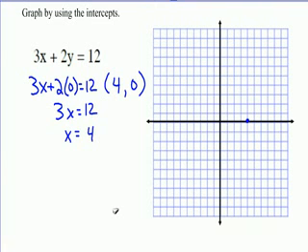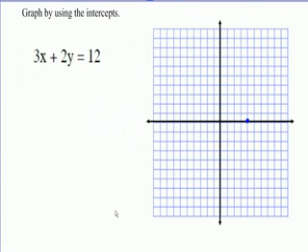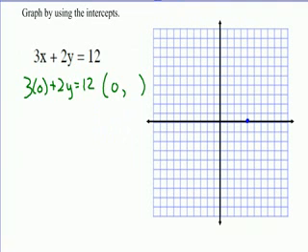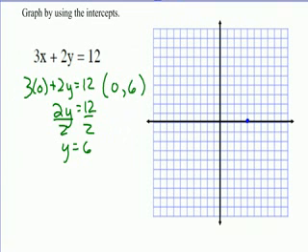We can do this the exact same way for the y-intercept very quickly. But this time, instead of putting 0 in for y, I want to put in 0 for x. And I do that. 3 times 0 plus 2y equals 12. Well, 3 times 0, we don't have to worry about. So when x is 0, y is 6, which would give us our y-intercept